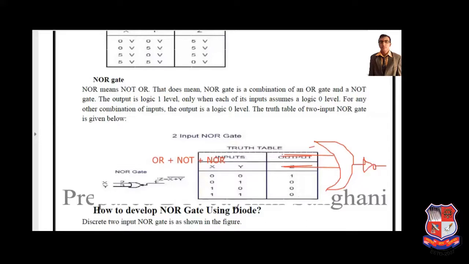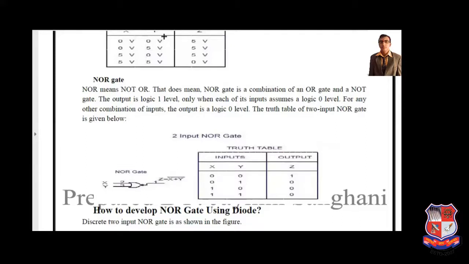So it is the combination of NOR gate. It is the equation of NOR gate: (A plus B) all dash. See this, here X Y input, so that's why (X plus Y) all dash. So it is the NOR gate. It can be used in switching applications. I already mentioned the application of NOR gate.